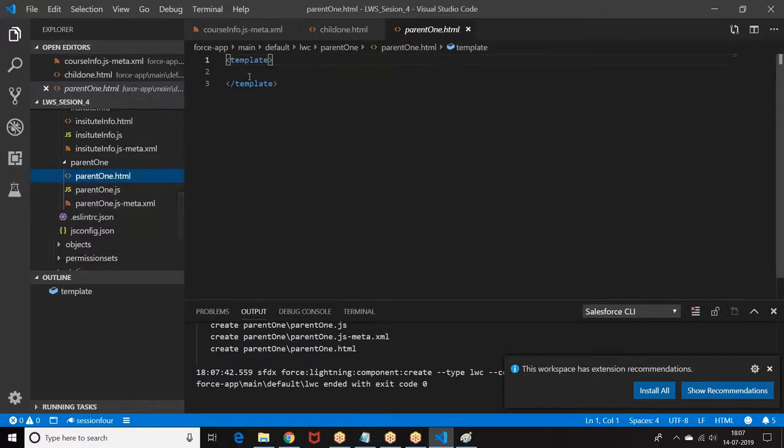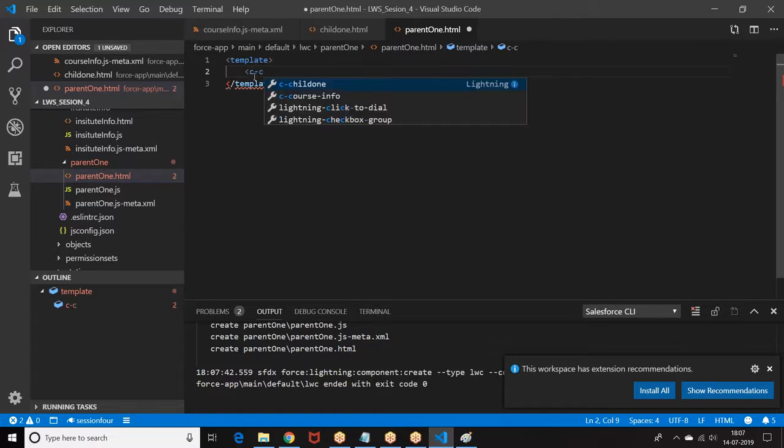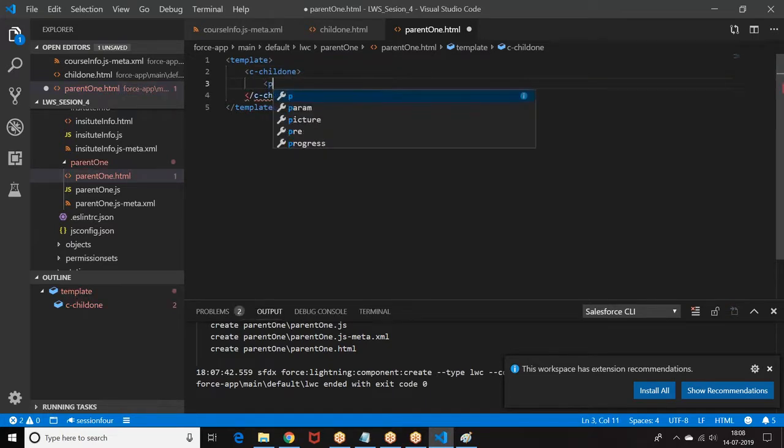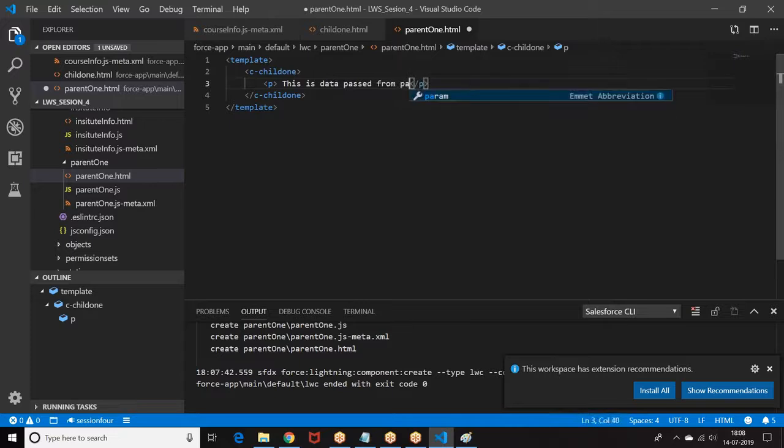Here c-child1, and within this, we pass the content.